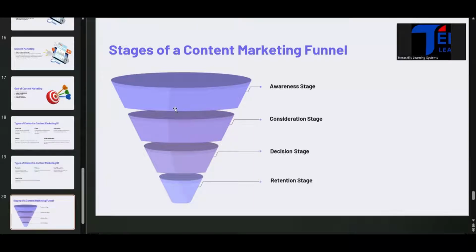So I'm going to be explaining how this works. Now, the stages of a content marketing funnel, the first stage is the awareness stage. In the awareness stage, the goal is to attract a broad audience and to make them aware of your brand. Content that informs the audience of what that particular brand is about. What do we do? What can we offer? Outlining all of that, putting content that speaks to this particular subject, that tells the audience about what you are about. That is the awareness stage. Now, that is the first stage of any content marketing strategy.